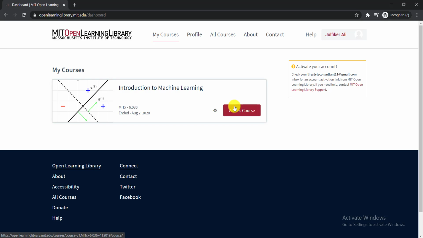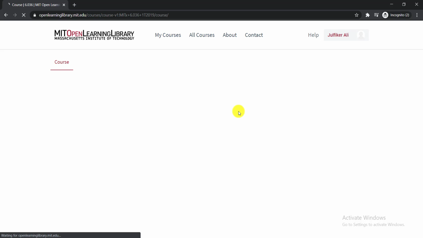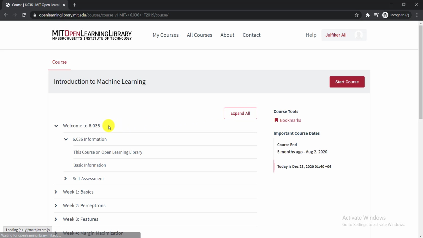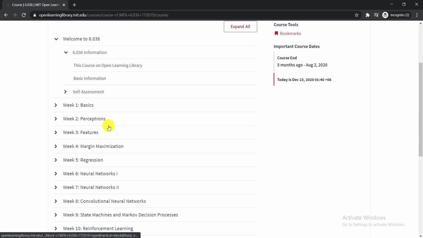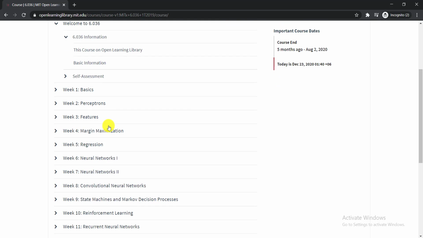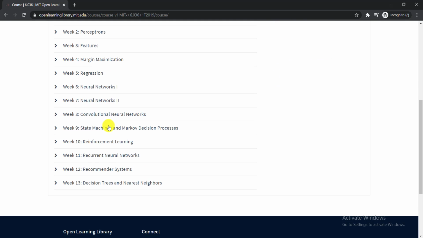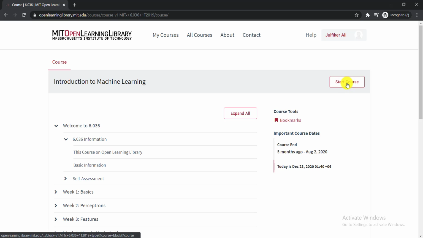Okay, here you can see one option, access courses. Just simply click over there. Then here you can see everything about these courses. Welcome to, then week 1, 2, 3, 4, 5, 6. In this way you will get 13 weeks here. So just simply click here, start course. Then you will be able to start this course and learn